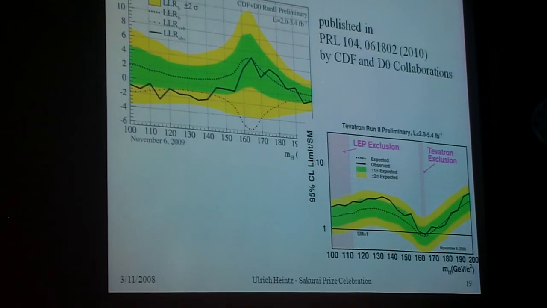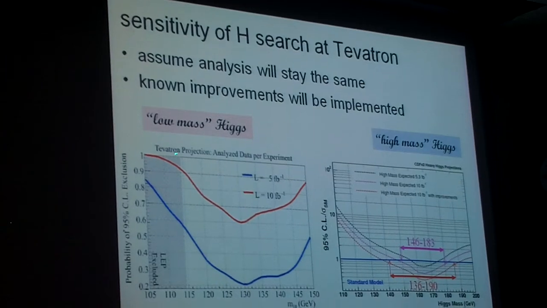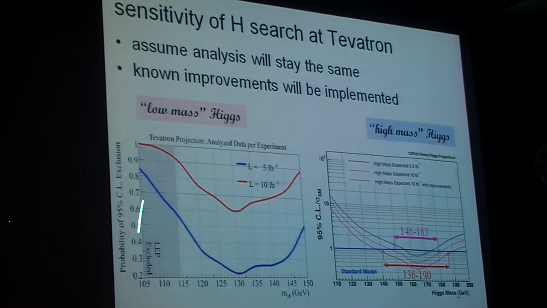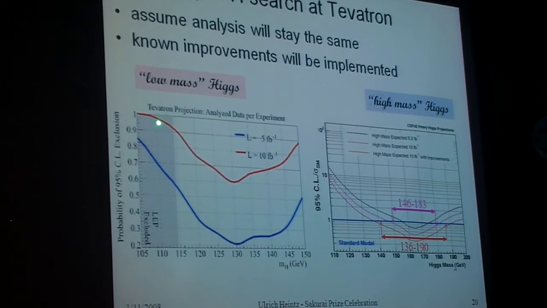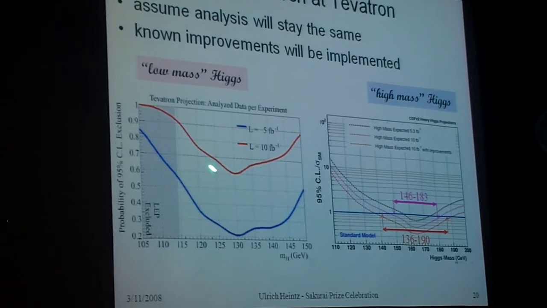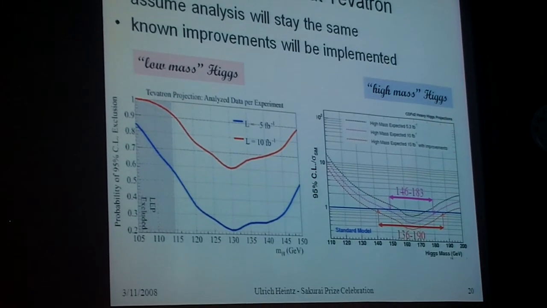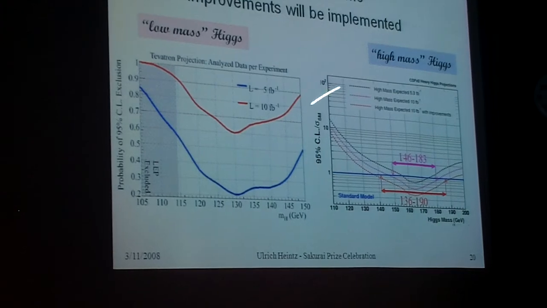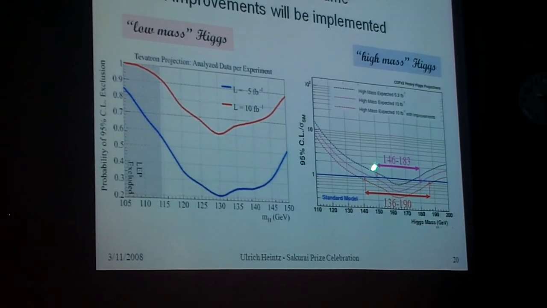And with more data, of course, this will improve. Here are some plots that try to quantify that. This is the probability of excluding a Higgs boson versus its mass with 5 inverse femtobarn or 10 inverse femtobarn of data. So with 10 inverse femtobarn of data, we have a 50% chance or better to exclude the Higgs boson over the entire mass range here. This is for the low mass region. And then in the high mass region, if you look for the WW decay, you can exclude something near 100